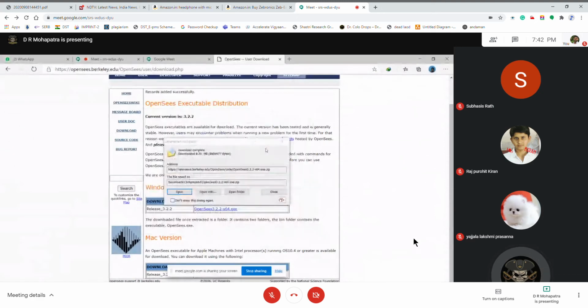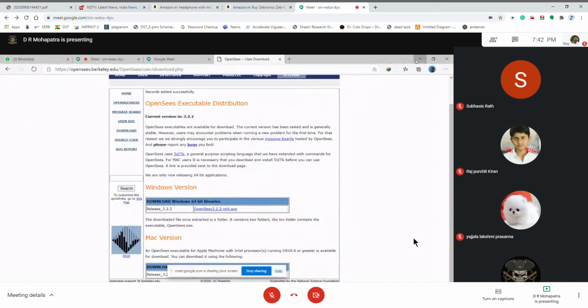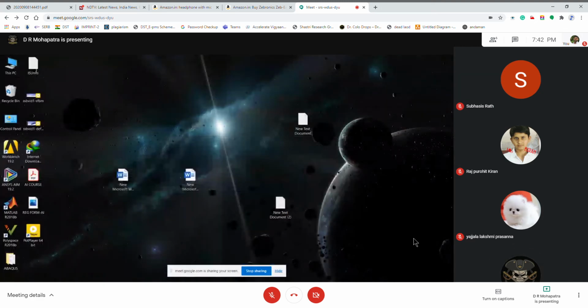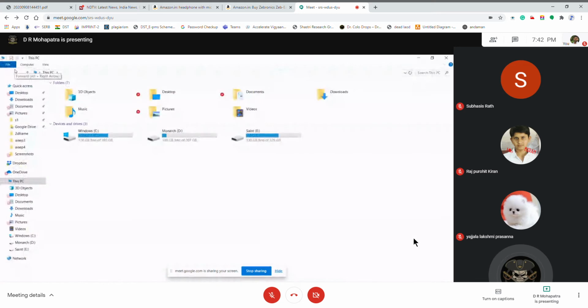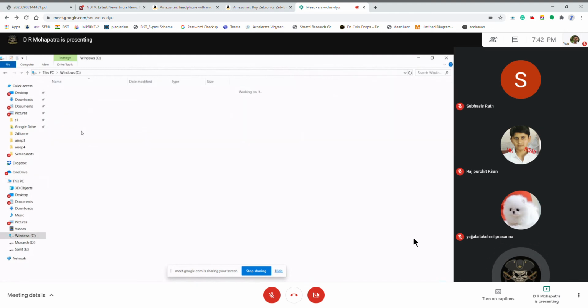I have already downloaded it, so you can install it and choose a destination folder to store all the files that you use in the OpenSees software. I have selected the destination folder to be here.